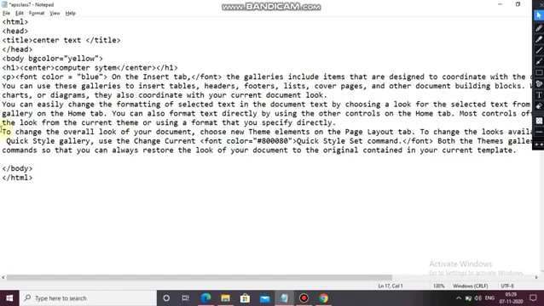I am using the UL tag for unordered list, and here li Apple, monitor, then again li oranges, then next li mask. Okay, here I am closing with backslash ul.